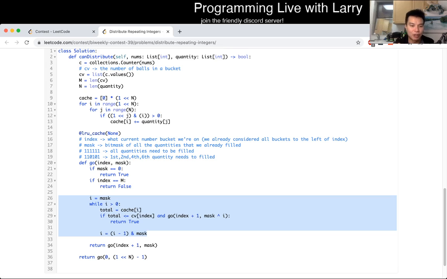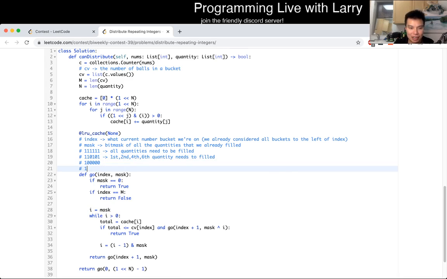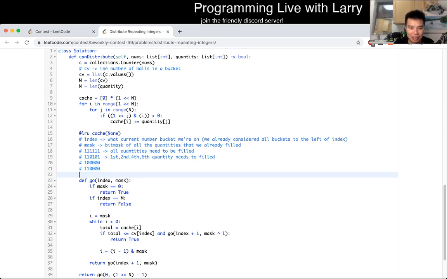So basically that's what this does, is that this gets me the subset of the bit mask so that we don't have to count it. This is a little bit magic. I'm not going to explain it again. I'll put a link below on the explanations, but basically this just lets me get all the subsets of the bit mask, so that, for example, if we have this bit mask here, then this goes through 1 0 0 0 0 0, it does 1 1 0 0 0 0, it does 0 1 0 0 0 0,